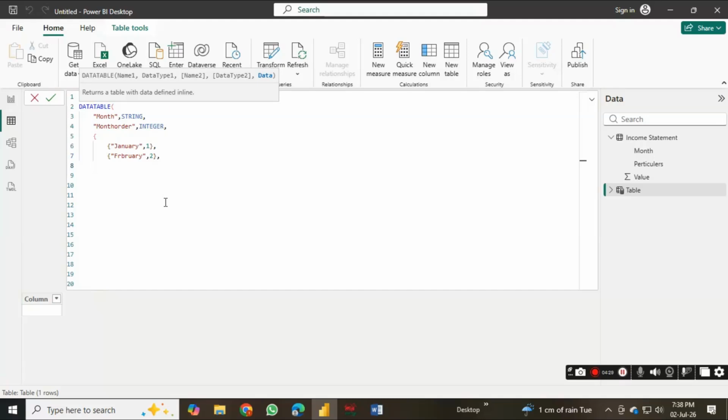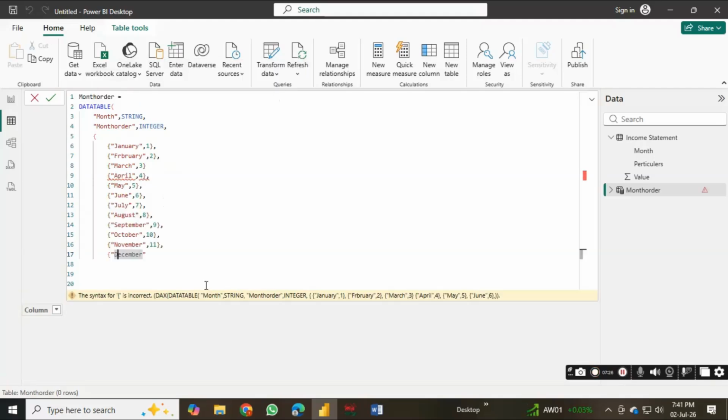Double inverted commas, March, comma, 3, and then second bracket, and also April, 4, comma, second bracket, year, total,